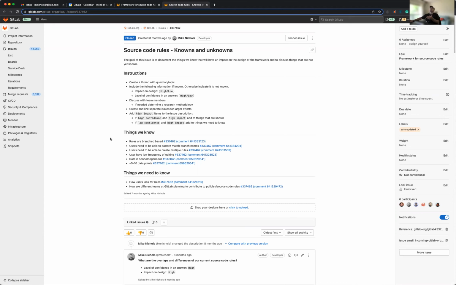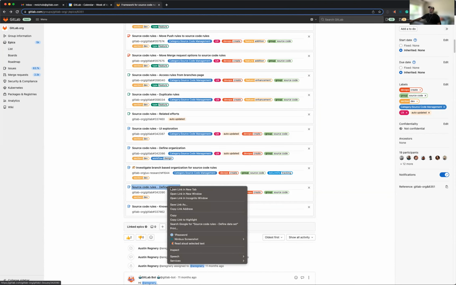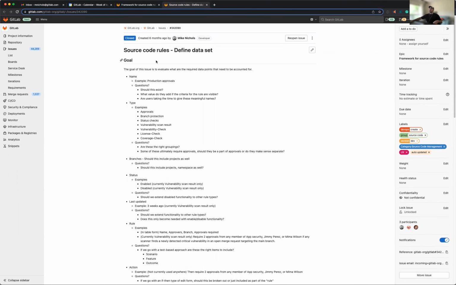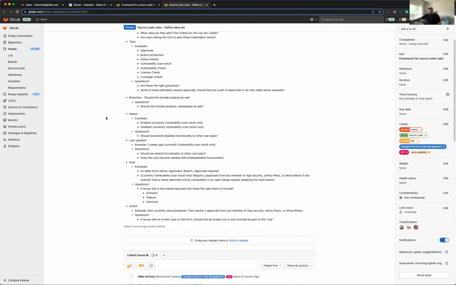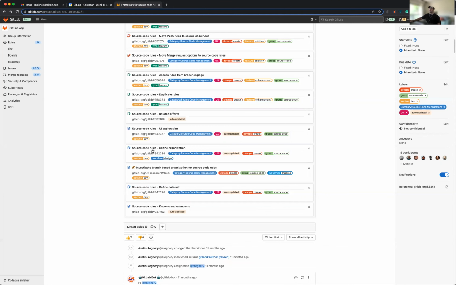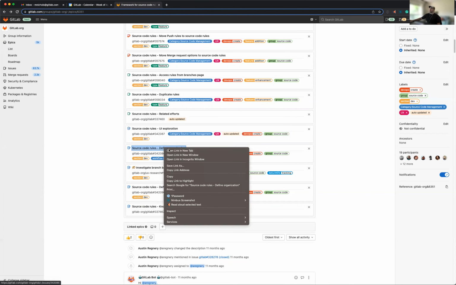So the idea here was just to look through things that we know and things that we don't know, and have discussions about them. So this basically was a collection of the things that we know about these types of rules. I also took a look at what the data set is. Similar to that table that I showed earlier, what are the data attributes that are involved in all these settings, and trying to come up with what data set we can operate against. And out of that, it became clear, well, let me actually go into this one here, that the crux of